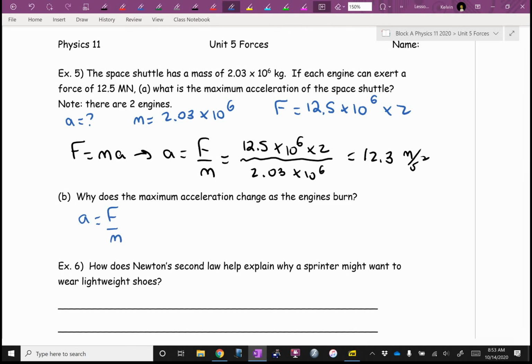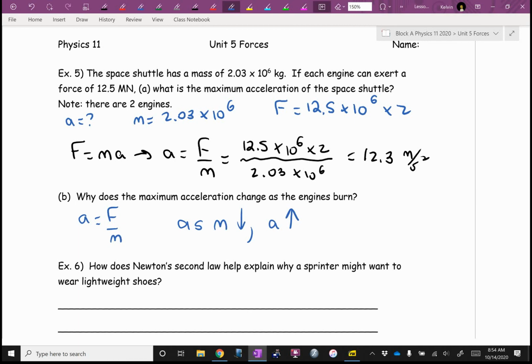So here's my version. As M decreases, A increases. Because of Kiana's law. We're naming it that for the rest of the year. A equals F over M. Nicholas, it turns out I can derive the momentum equation from that, which is why I said that you were sort of right without knowing you were right, but I don't know if you know what momentum is yet, so